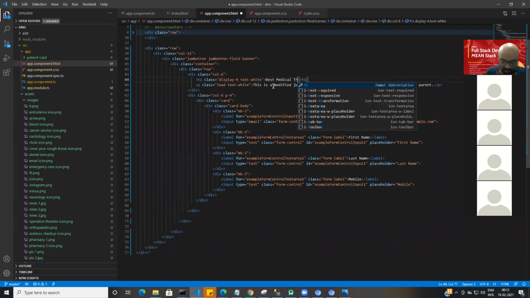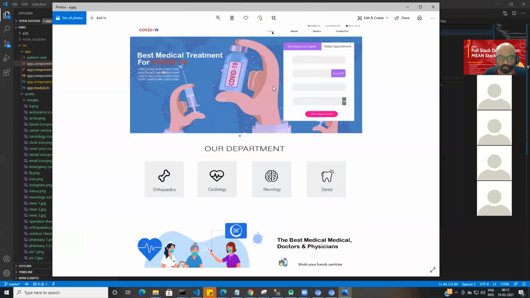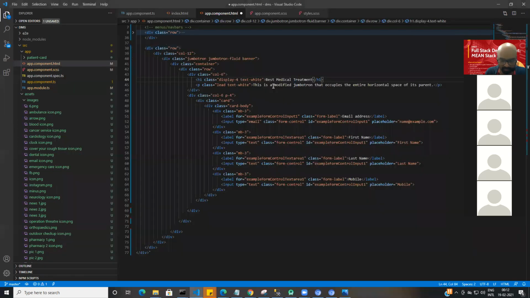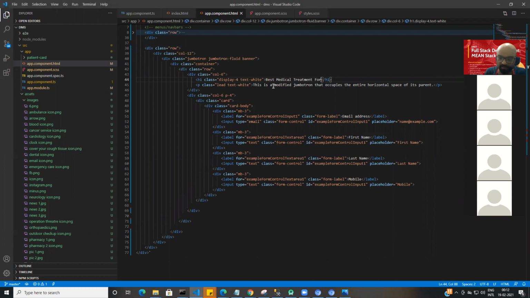Now COVID-19 is in a different color. So what I can do is say span, and say COVID-19, and I can give some